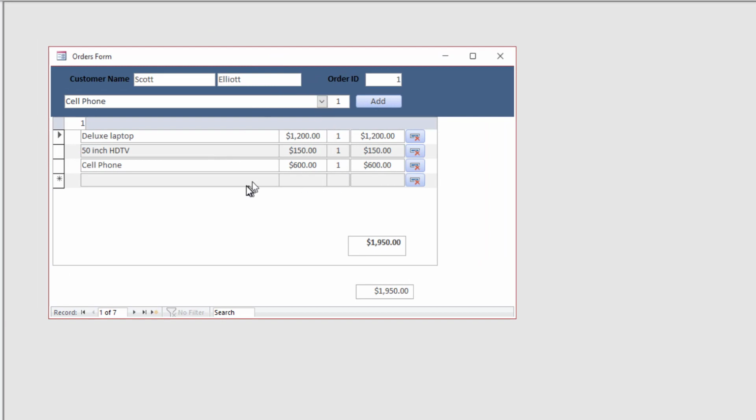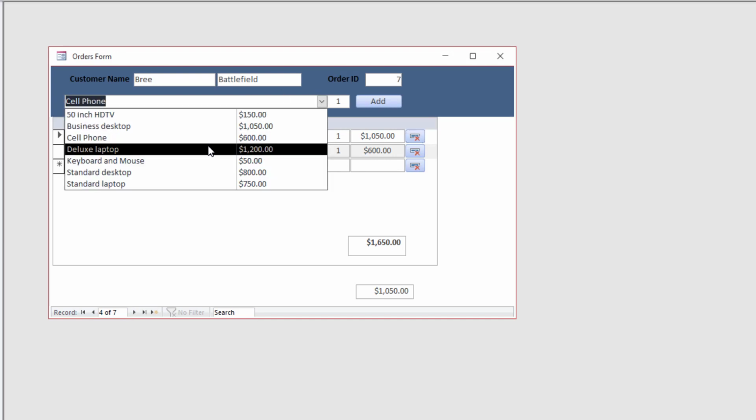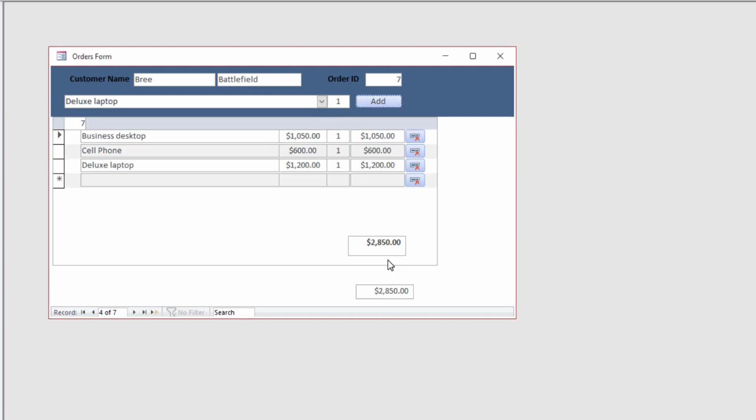I can go to any order, add an item, and the two of these are in sync. Again, I have to keep these separate because this one is updated automatically from the sum of these items. This one is updated manually whenever a quantity is changed or a new item is added. And that's the use of having